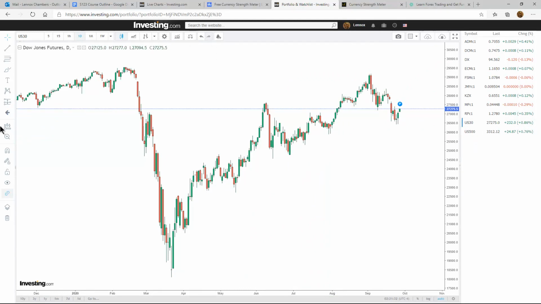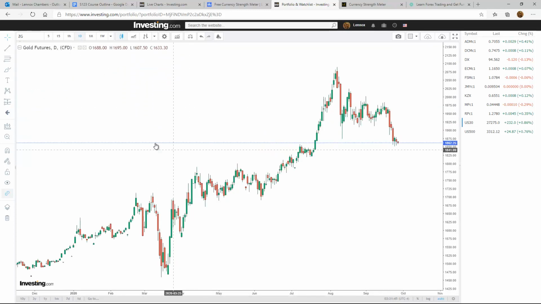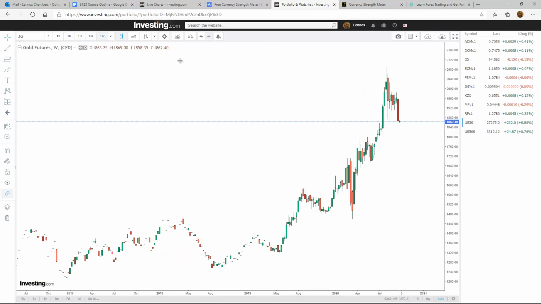Okay, let's take a look at gold. And that would be gold futures. Okay, so at this point here on the weekly, you can see that quite the push up, but now we're heading back down in quite a drop. On the daily,